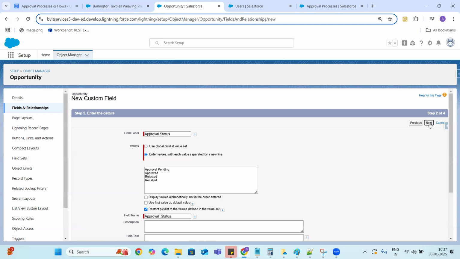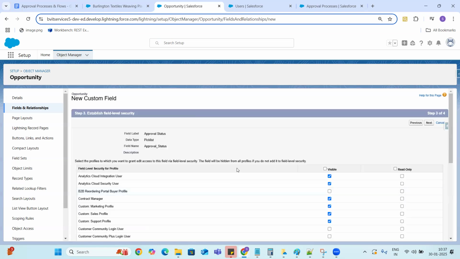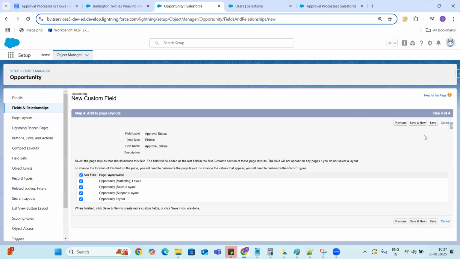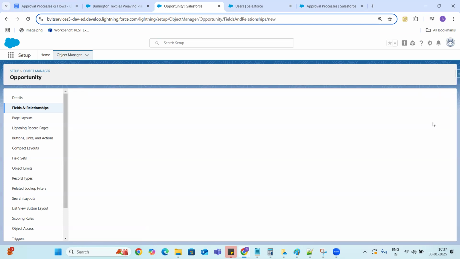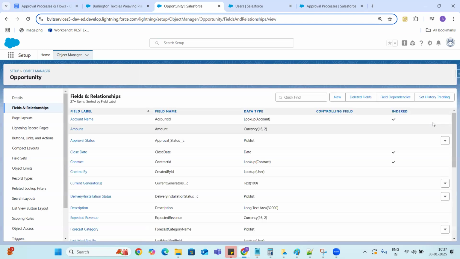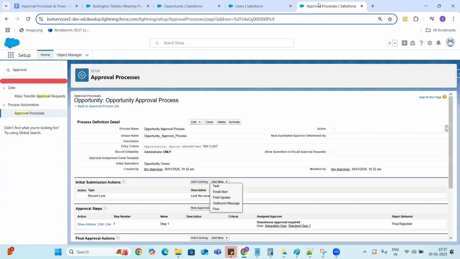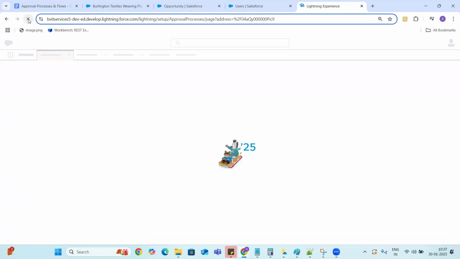Clicking on next, and then profile level security, adding them to page layouts and clicking on save. So now I'm just refreshing my approval process.